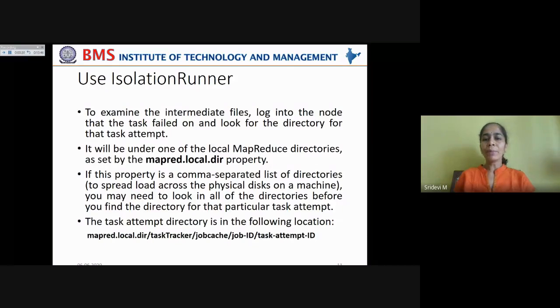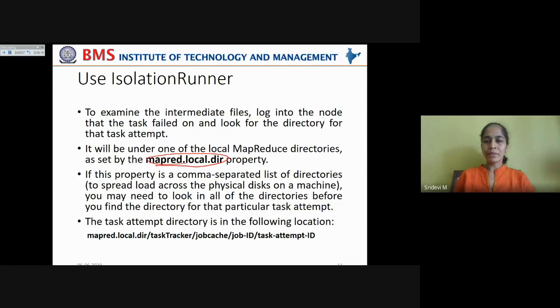Now it will be under one of the local MapReduce directories, as set by the MapReduce local directory property. So that will be found under mapred.local.dir, where you want to check that particular log. And this property can be a comma separated list of directories, in order to spread the load across the physical disks on a machine.